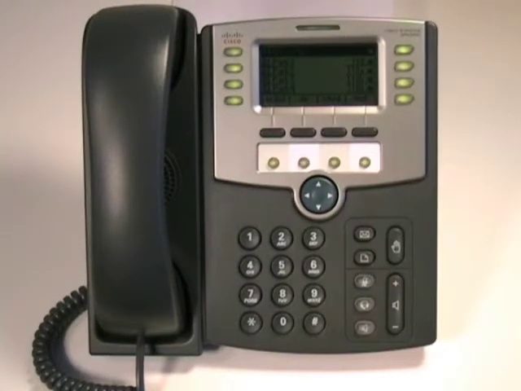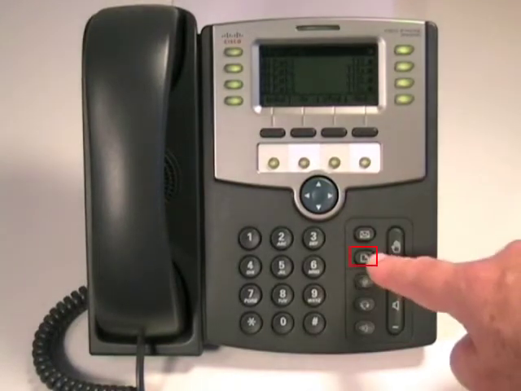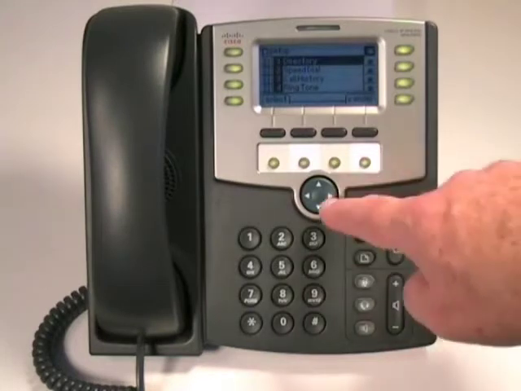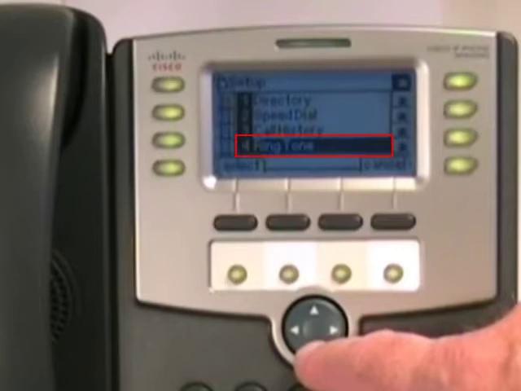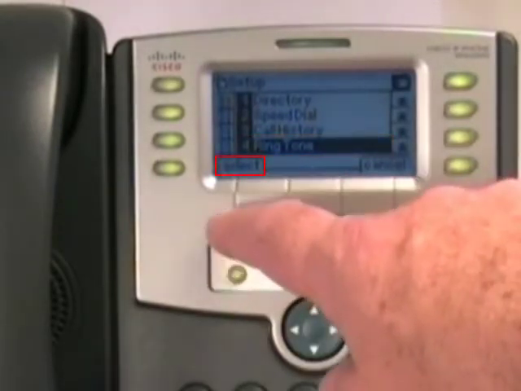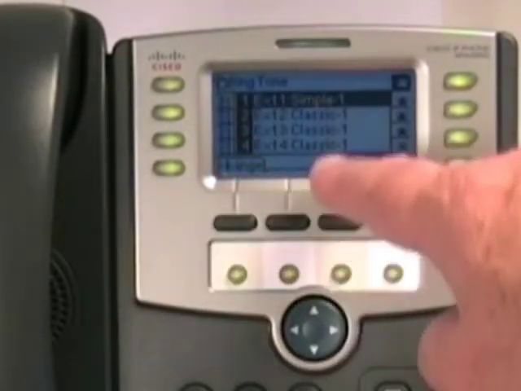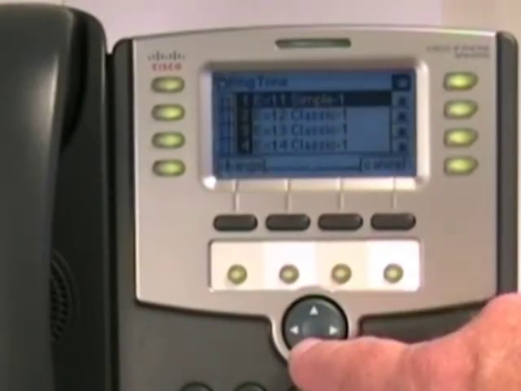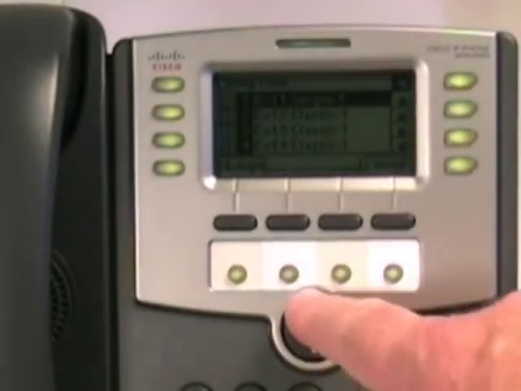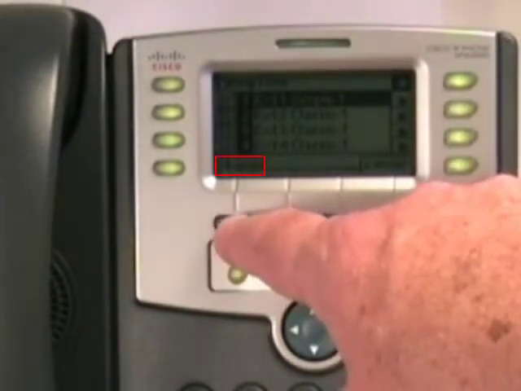To change the ringtone on this phone, press the menu or setup button here, use the navigation button, select option 4 ringtone, press the Select soft key here. The 4 line appearances appear as options on screen, extension 1 through 4. Unless your phone has been configured to specifically take calls to designated line appearances, all of your calls will appear on selection 1 here. Select the Change soft key